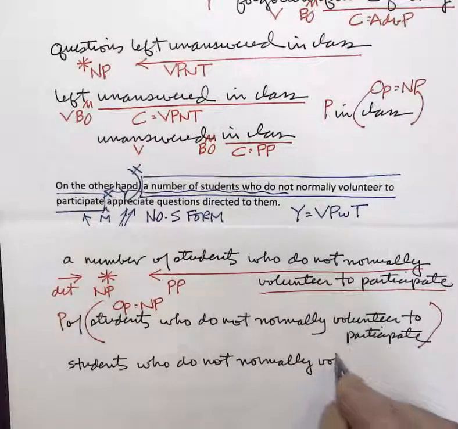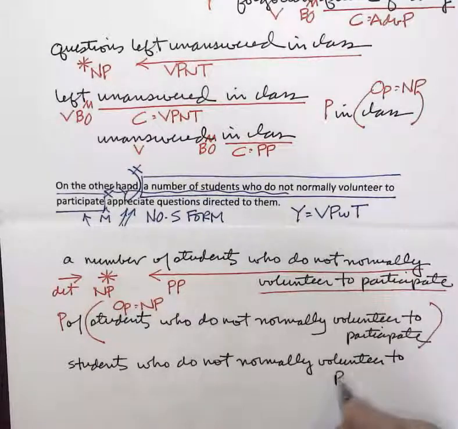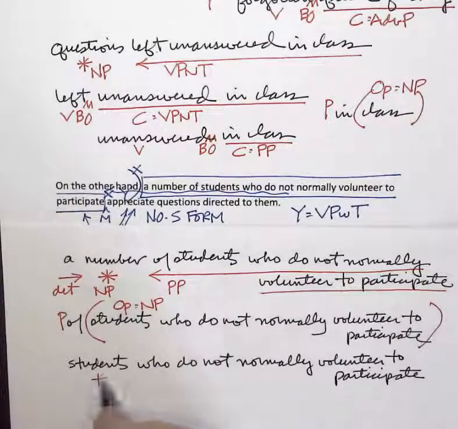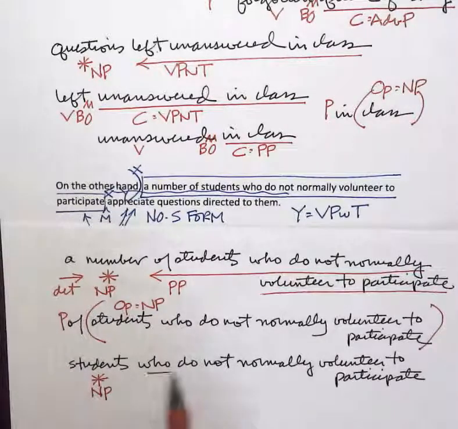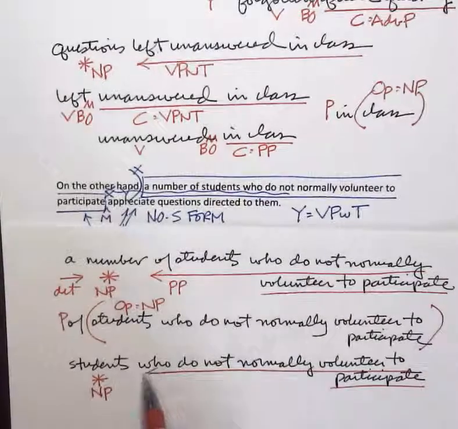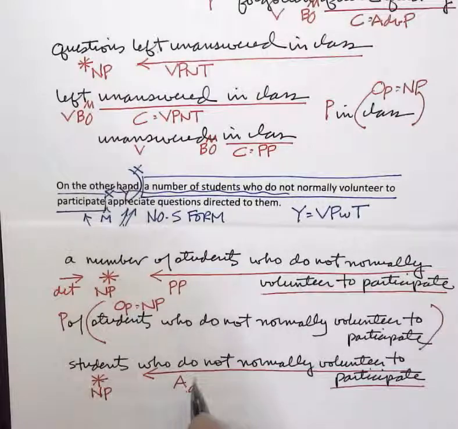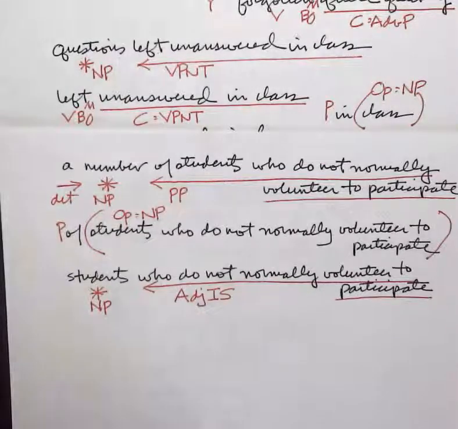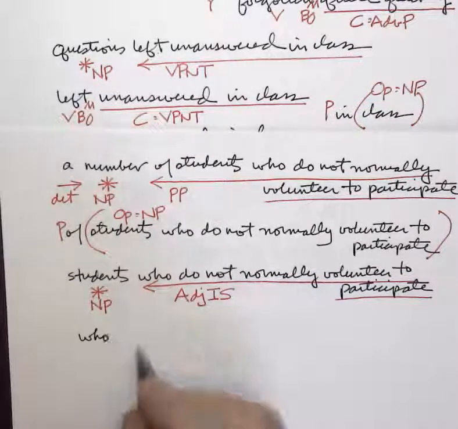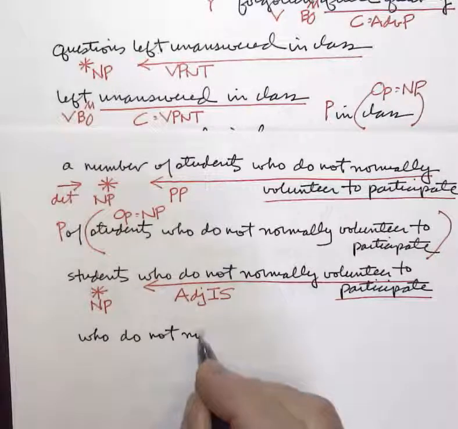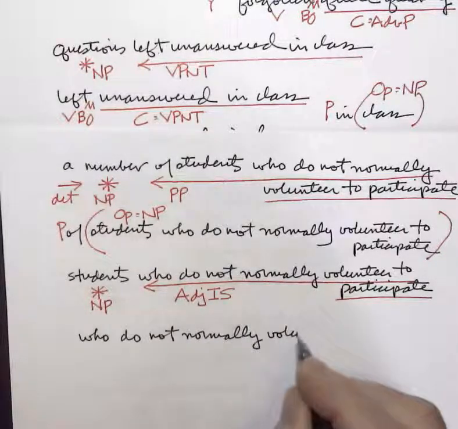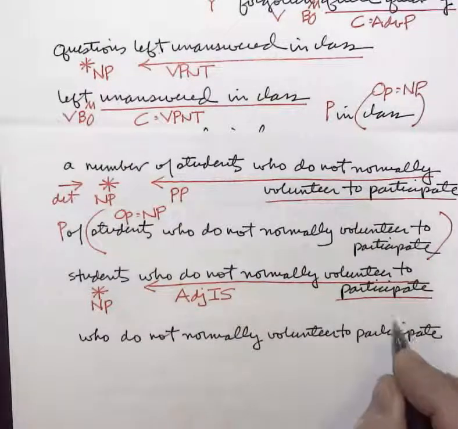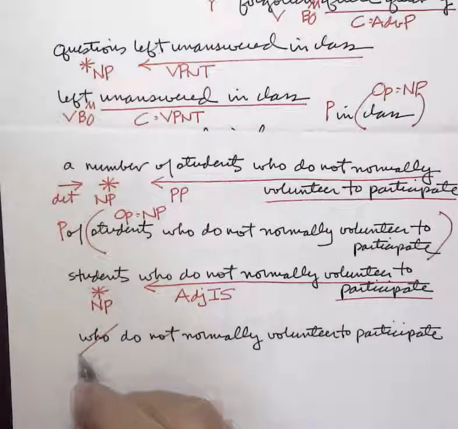Who do not normally volunteer to participate. Students is the head. Who do not normally volunteer to participate is a modifier. And this modifier is an adjectival included sentence. Okay, well, let's continue. We take the adjectival included sentence, rewrite it. Who do not normally volunteer to participate. Cross out the includer